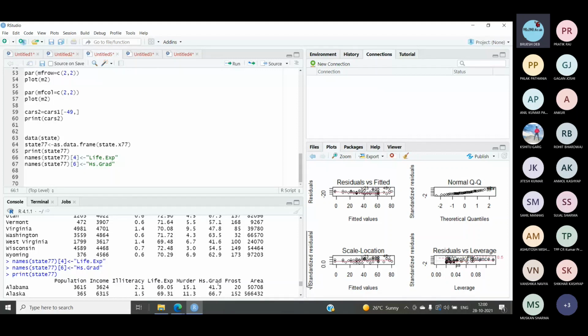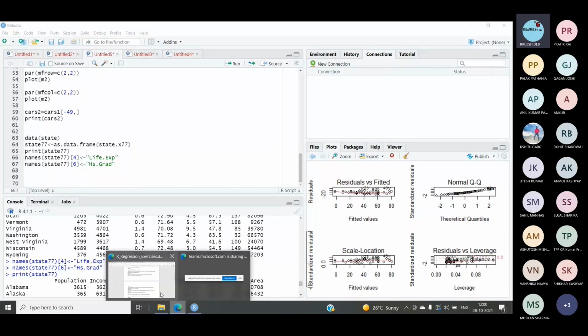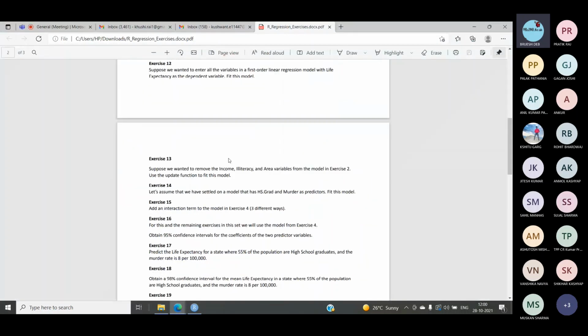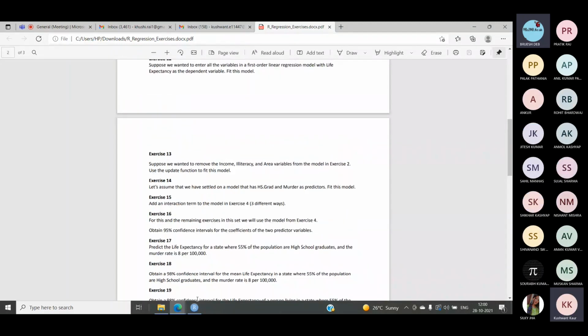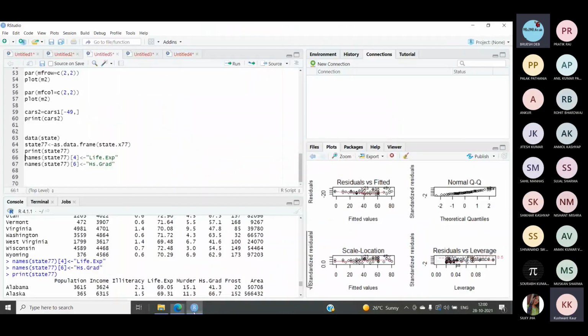We have a number of exercises that we can do. We have done up to the 12th; the rest you can do with your practice. These are all about the same things that we have discussed, so you can practice these. If you have any doubt, you can ask your doubts now. The session is open for doubts now.